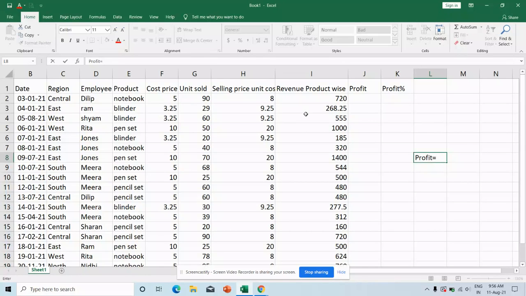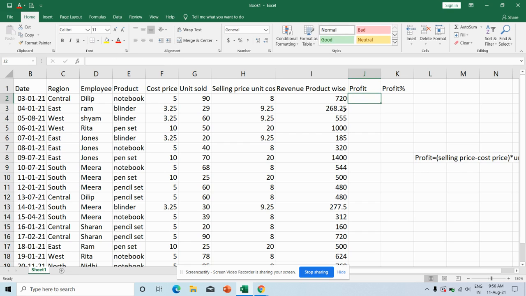Now let's find profit. This profit is selling price minus cost price, and this whole will be multiplied with units sold. So using this formula,